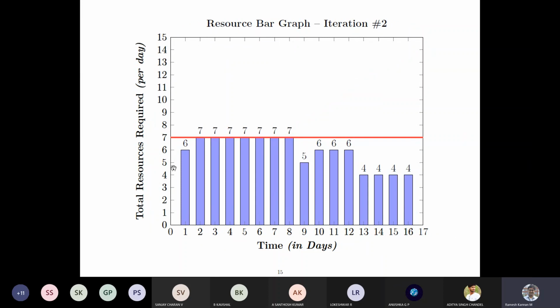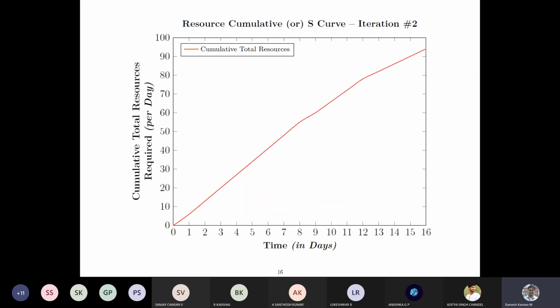In the same way, we'll check the moment between two activities, or 2 days, or 3 days, or multiple days, and finally we will balance that based on the minimum moment. Moment here is like the stress concentration or the load concentration. In this case, the load concentration is pretty high here, whereas it is pretty low or optimum here. We need to make everything to be at the same level. So that's how we try to do it using the minimum moment method.